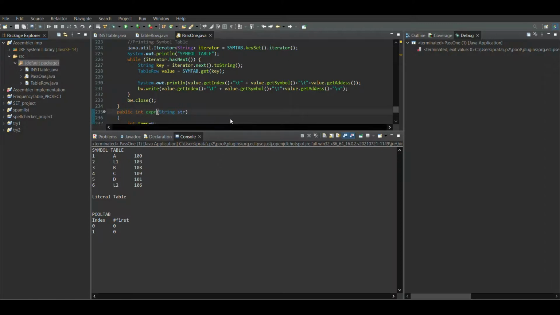You can get that source code from GitHub. I am providing the GitHub links in the description. You can take all of these classes and the .asm. You can also put your assembly language code in that sample.asm file, and then you just run, and you will get a different output as per your assembly language code.